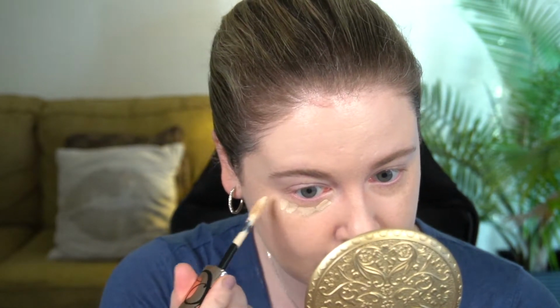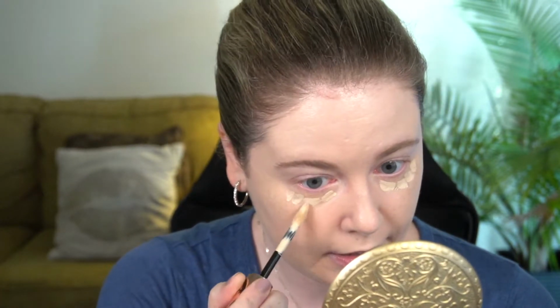And I was hemming and hawing about whether to get shade 1 or shade 2, but I decided to trust them and get shade 2. So this isn't on sale, but it is a new product, so I wanted to give this a shot. It has a bit of a bigger size tube to it. So, let's see, it does look a little yellow. It does seem to have nice coverage though, so I like to just start patting it out. And then I'll take my beauty blender and,